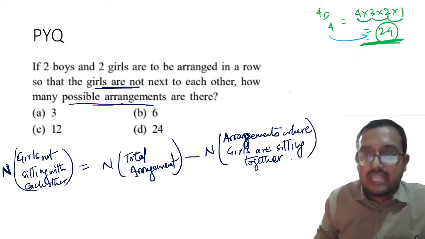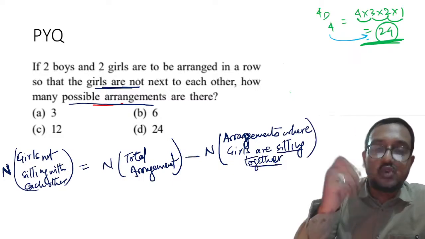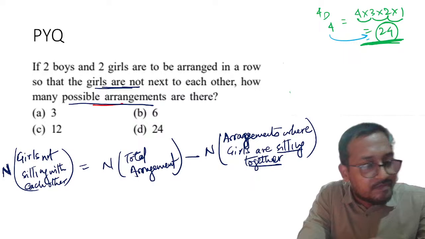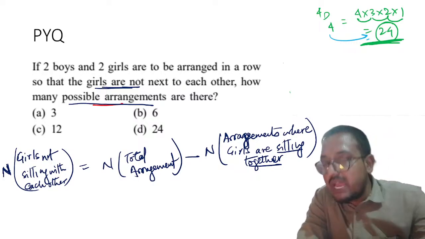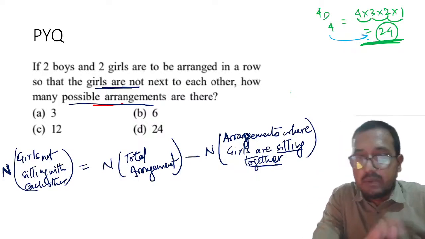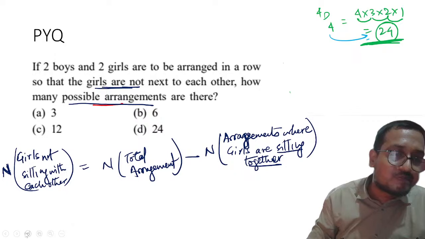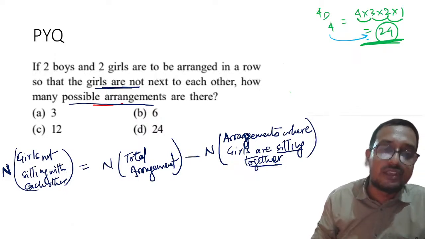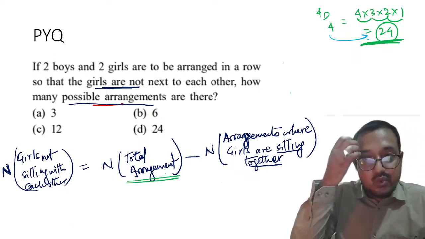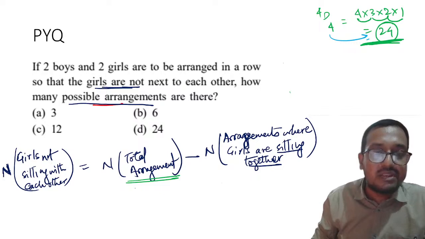To make them sit together, we presume that both the girls are a single person. Please remember, understood? A single person with two faces, right? So the total arrangement, you know how to find it. Total arrangement will be nothing but